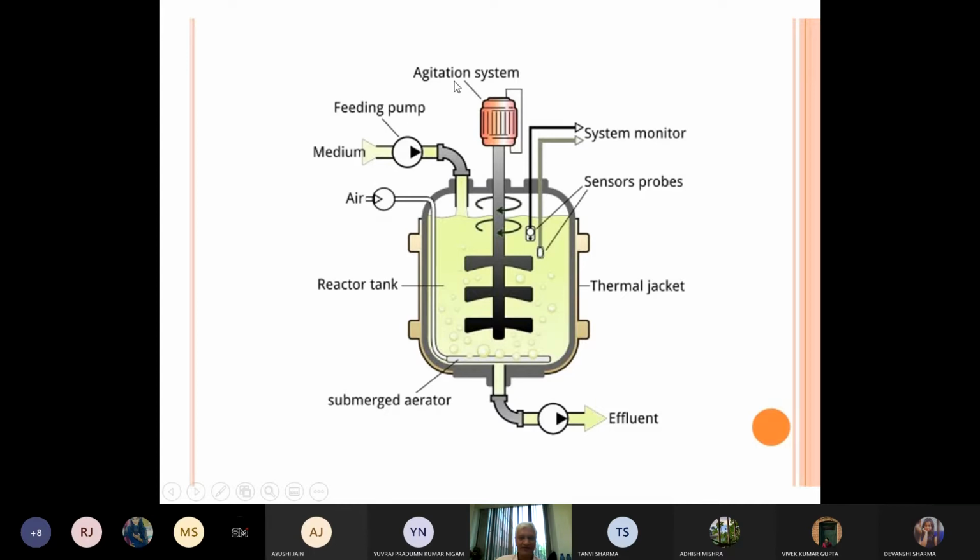Then just move towards your right, it's an agitation system, correct? When we put curd, or when we make wine, I'll give you these two examples so you can easily visualize. What do we do? After putting the culture into milk, we mix it, we just stir it up. If you just put the culture, I mean curd, there, the milk may not really turn into a good curd. So we try to mix it up. This agitation system I'm trying to show you, can you see the motor kind of thing? It's a very clear motor agitation system.